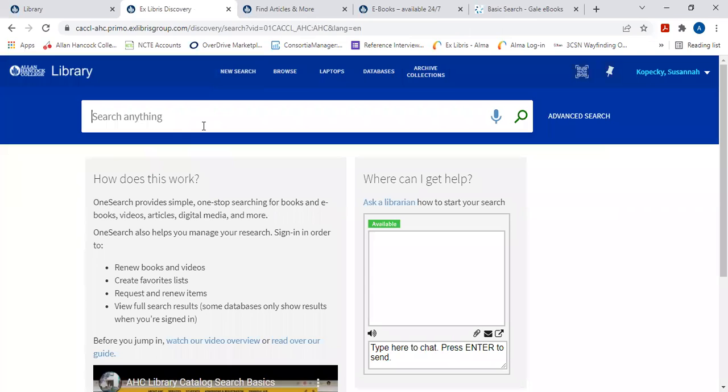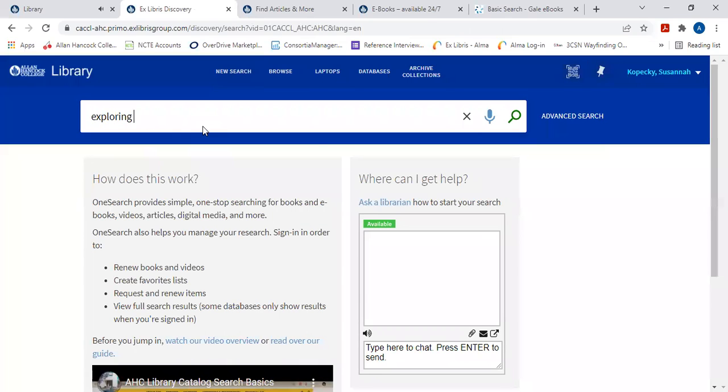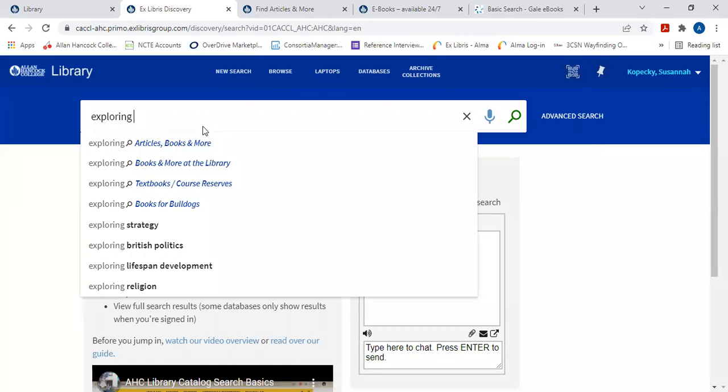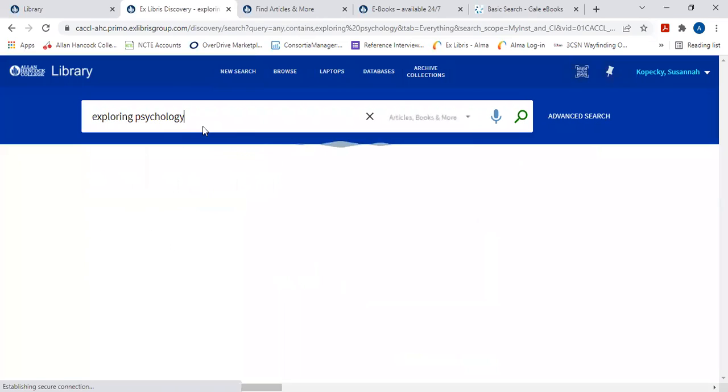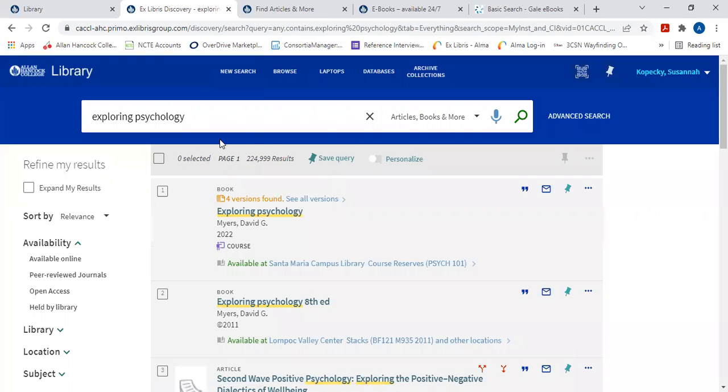And let's look up another text. Let's look up Exploring Psychology. Now I'm very lucky because it happened to pop up within our first few results. But you can